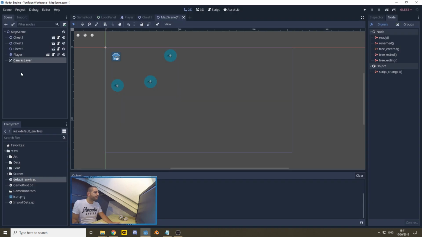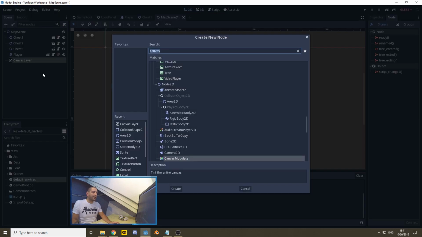And a canvas layer is basically a container node that will have all your user interface elements. The canvas layer is automatically sized to your entire viewport, thereby you never have to worry about resizing. So it's a perfect container node to handle all your user interface items. So to that canvas layer, we'll add our